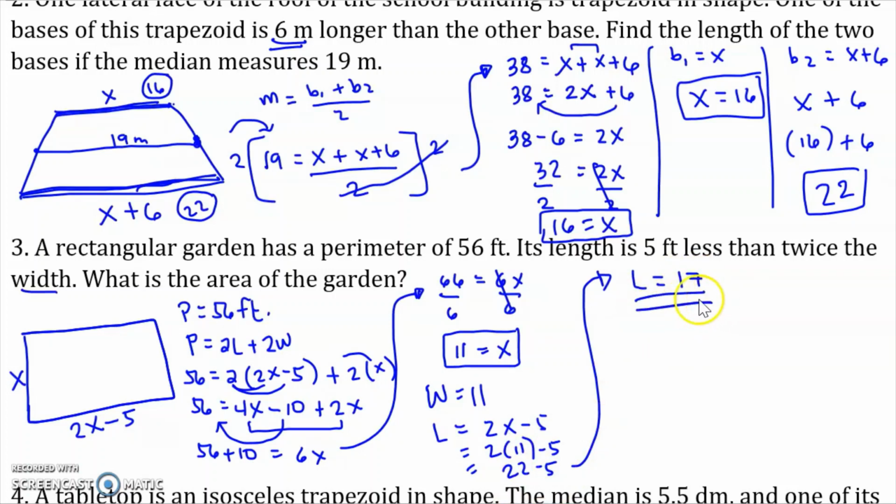So, since our length is 17 and our width is 11, we can now get the area, because we know that the area of a rectangle is equal to length times width, right? So, we just substitute. Our length is 17 and our width is 11. So, our area is equal to 17 times 11, and that is